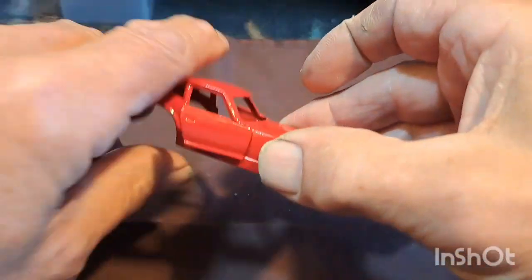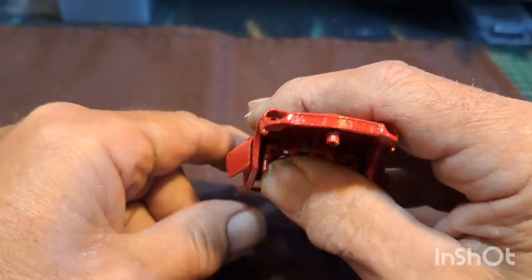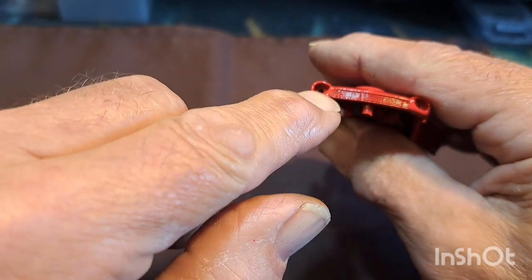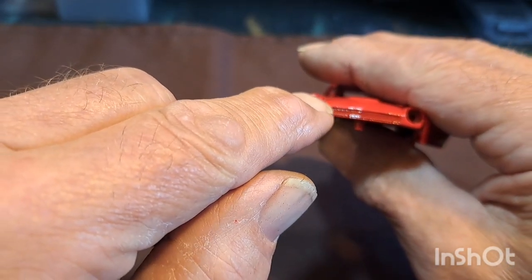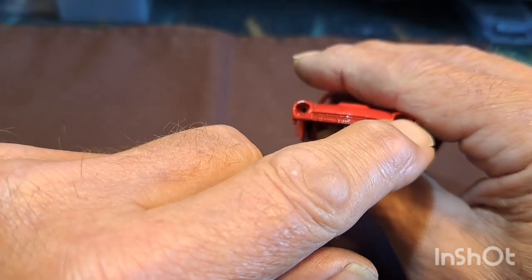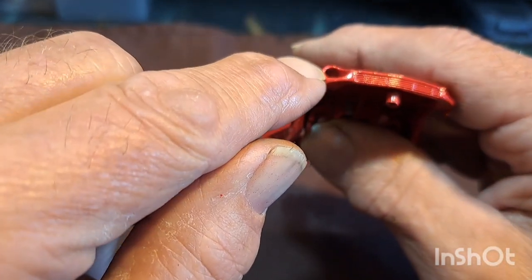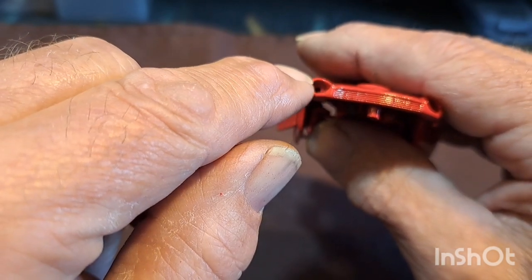Oh yeah, before I go, the only thing I'm going to do here is, because these dual headlights are in those little bezel things, I'm just going to run a file just inside there to get some of the paint off so they fit in better. Otherwise you're going to struggle because of the extra thickness of paint. Okay,